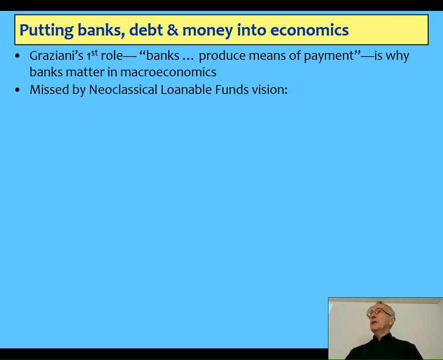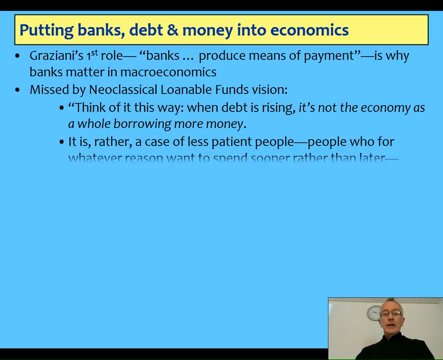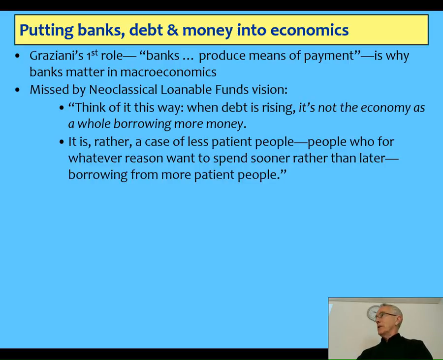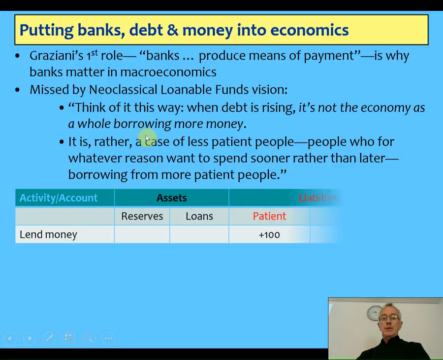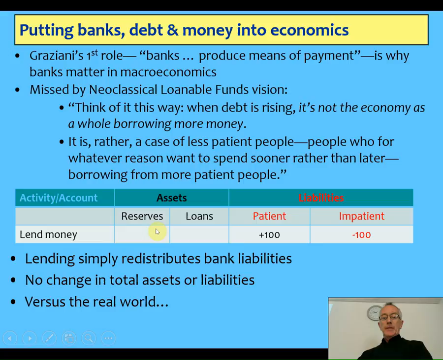And that's missed completely by the neoclassical vision of loanable funds. And here we go again, back to the quote from Krugman. It's not the economy as a whole borrowing more money. It's just a case of less patient people giving to more patient people. So what they see going on, that's lending. Okay? So the patient person reduces their account at the bank, the impatient one increases it. It's just redistributing bank liabilities. Nothing is happening on the asset side. Okay? Now, the real world